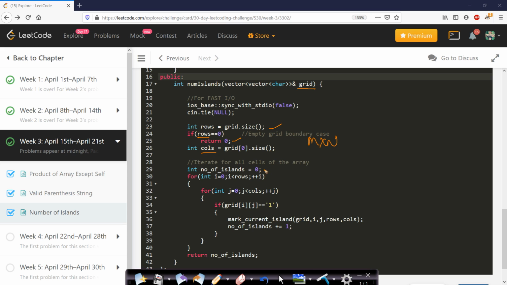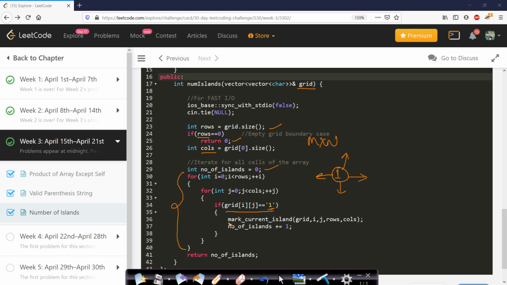After that, I will initialize the number of islands as 0, and then I will iterate over each and every cell in the matrix. When we find that the current cell is equal to 1, that is, this is a piece of land which has not been visited, this indicates that we have found a new island. Because we are solving this question by considering that when we visit a piece of land which is not visited, we mark that entire island as visited using this DFS call. So since we are seeing this 1, this indicates that we have found a new island, since we had already marked all the pieces of land of the islands which we had visited.